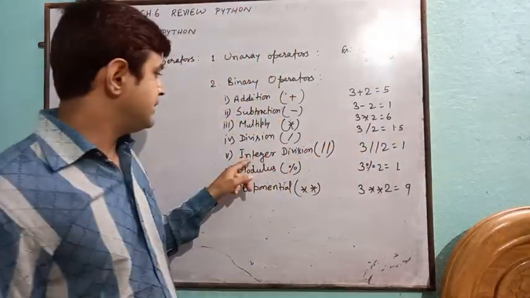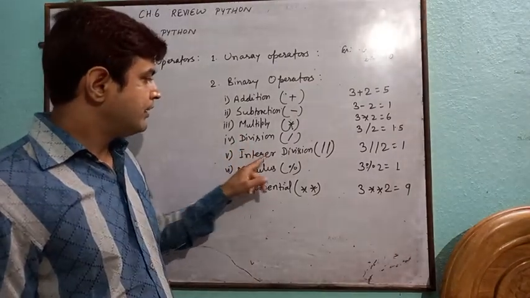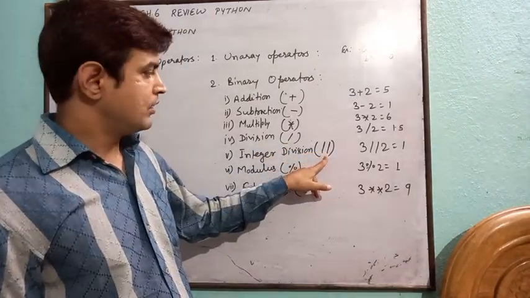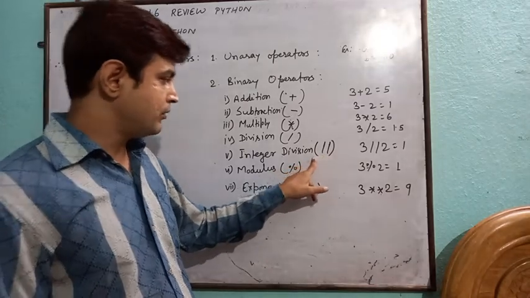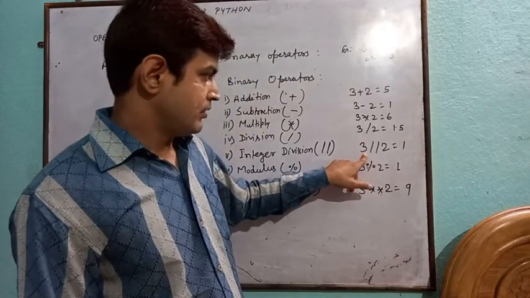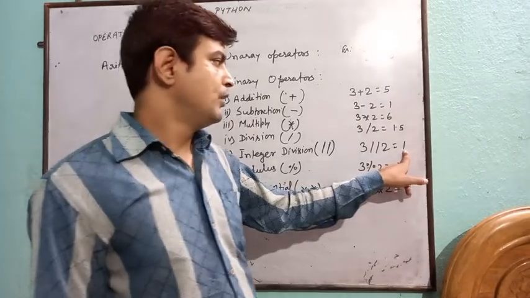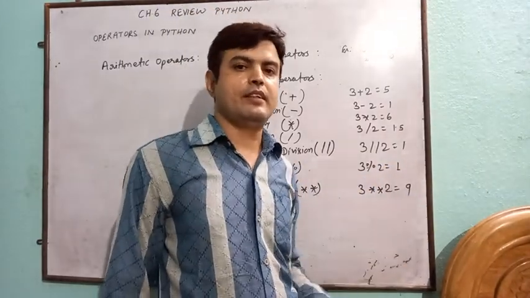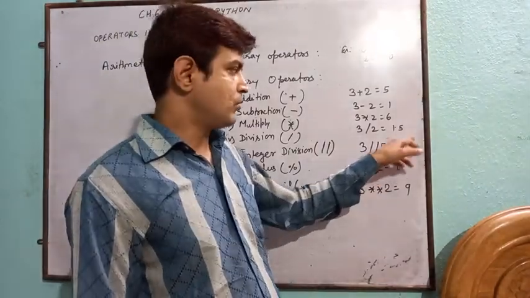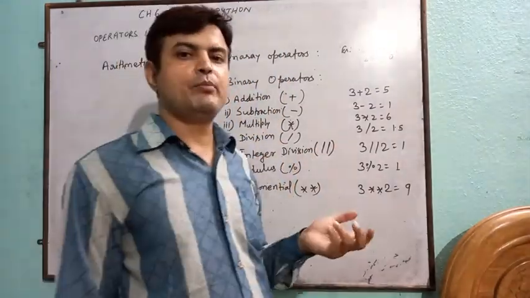This is the simple division operator, and the next operator is integer division. In integer division, we use a double forward slash. When we perform this operation, it will yield a value in the form of an integer. Say, when 3 is divided by 2, the answer will be 1. Here the decimal part is truncated, and in this case we have a remainder, but only the quotient is displayed. We will see the use of integer division in computer programming.